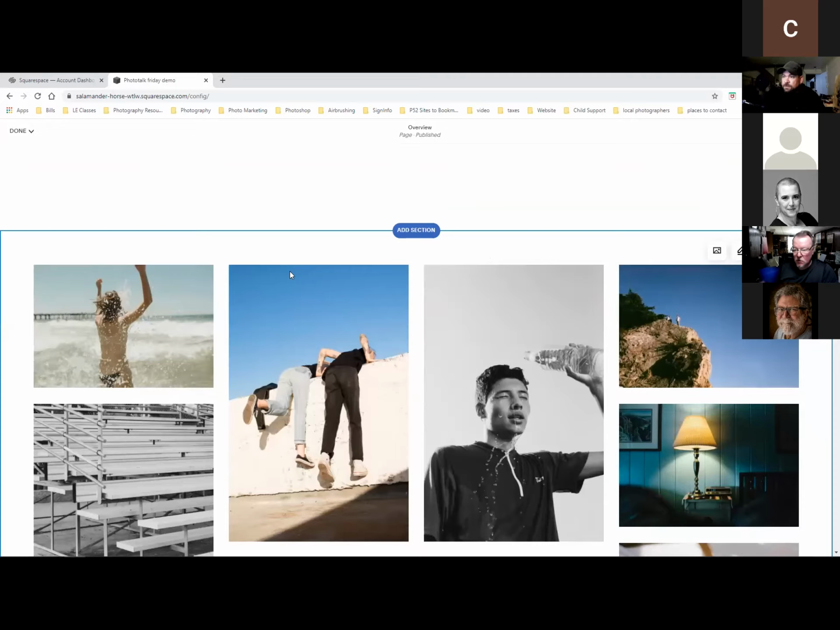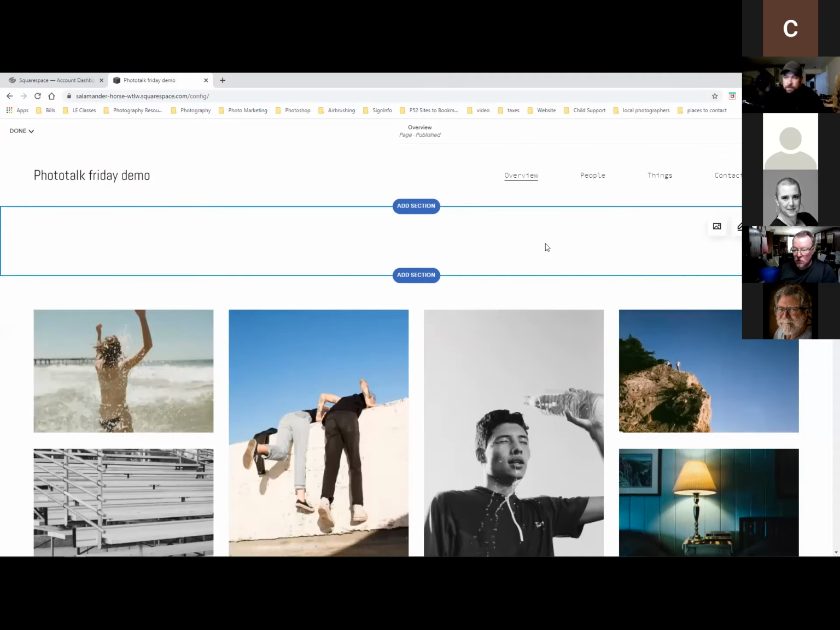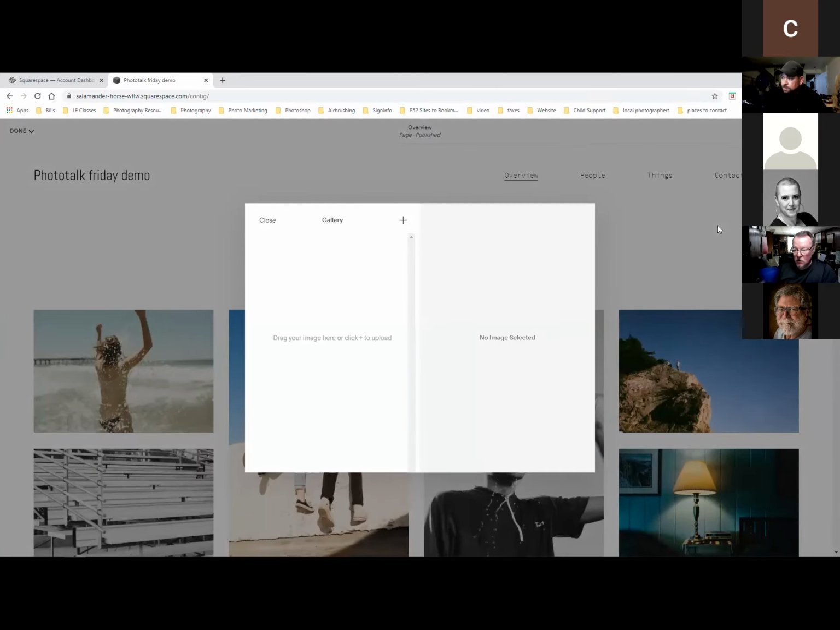So we still have the same section here. We've just gotten rid of all of the pictures that are in the gallery. If you want to add pictures to the gallery, you just click on that. And then you can search for images. So this has access to Unsplash. So if you want to search for an image,